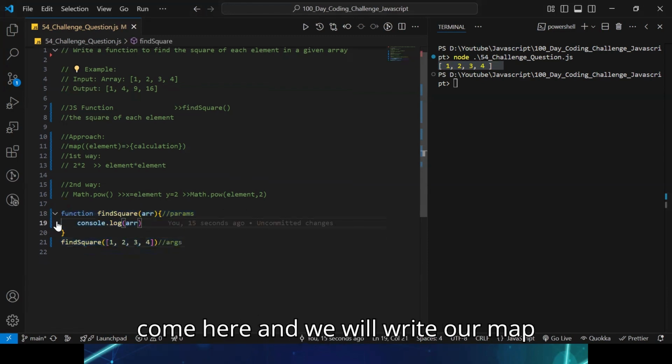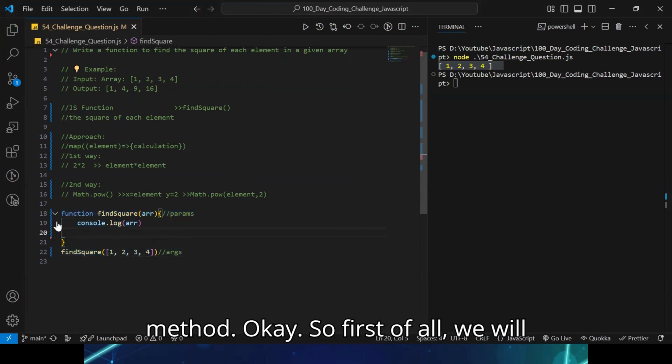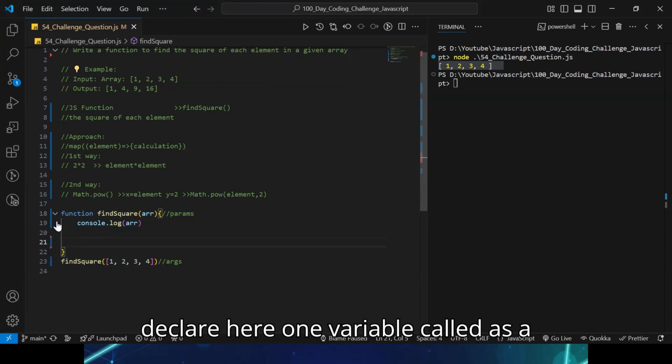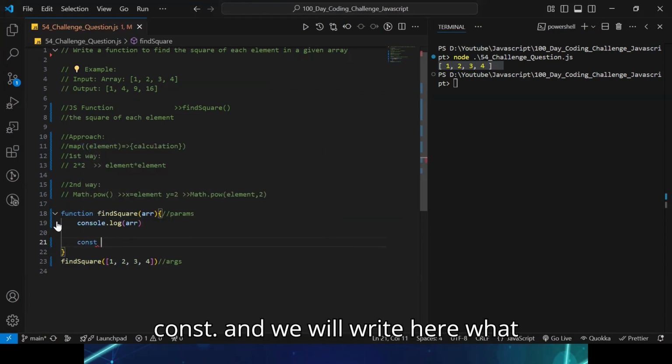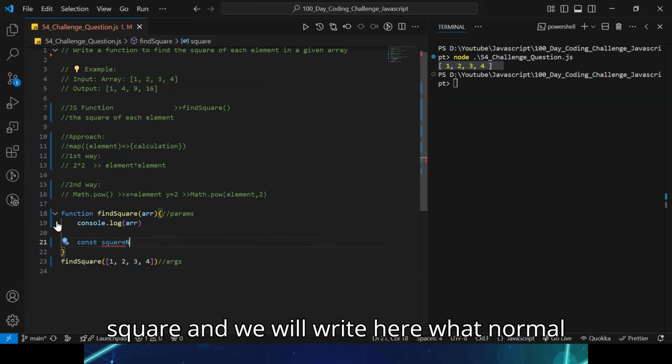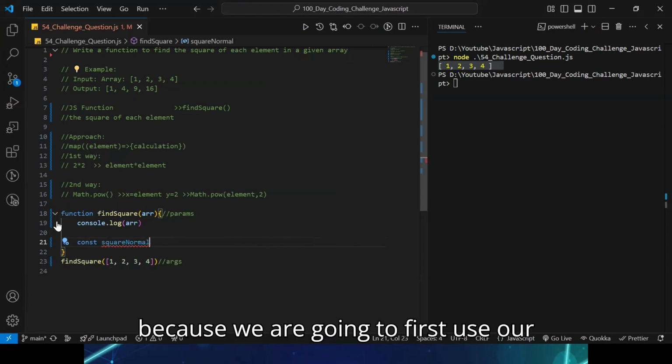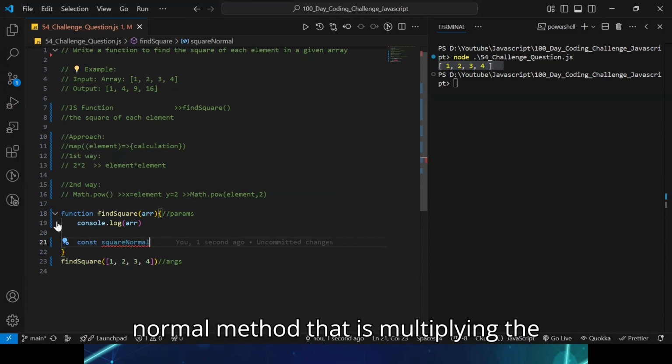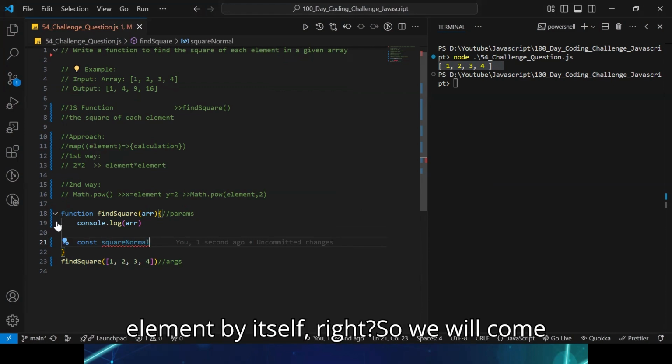Now let us come here and write our map method. First of all, we will declare a variable called const squareNormal, because we are going to first use our normal method, that is multiplying the element by itself.